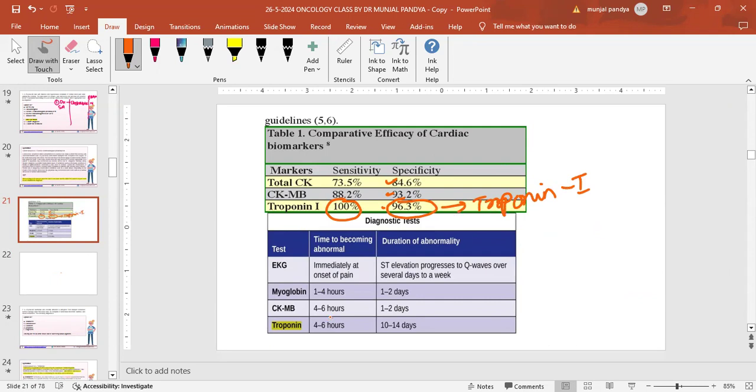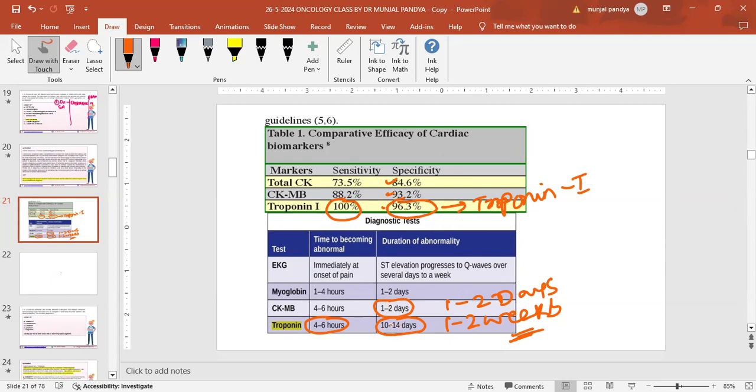If you want to do any test in cardiac biomarker, ECG, enzymes, you do the troponin. As I told you, troponin gets elevated in 4 to 6 hours, and somebody answered 12 hours. Somebody answered within 1 day it will get normalized. So absolutely wrong answer. It will remain elevated in plasma for 1 to 2 weeks, not 1 day, not 24 hours. What will remain in 24 hours is the CKMB, not the troponin I. So this is how I remember. CKMB will remain in blood or plasma for 1 to 2 days, and troponin will remain in blood and plasma for 1 to 2 weeks. That's it. Just the difference of days and weeks, so it's easy to remember.